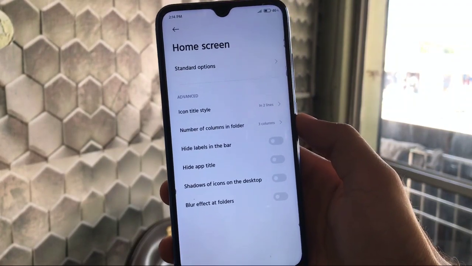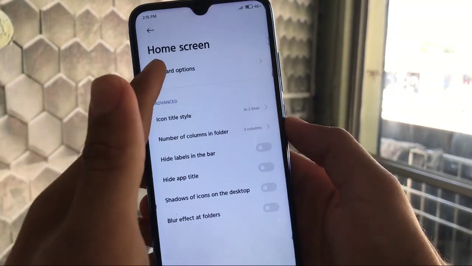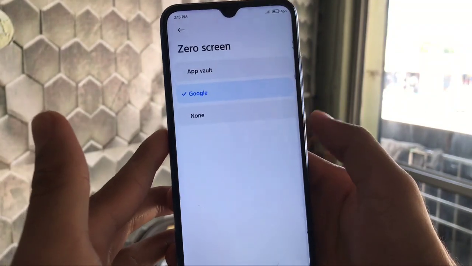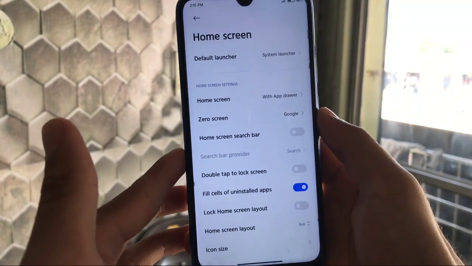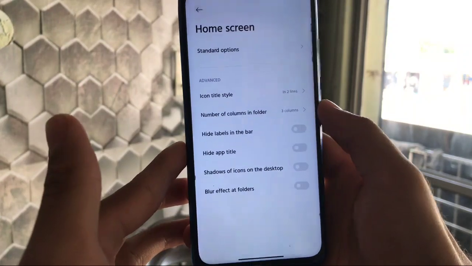Some advanced options include the icon, title, style, number of columns in a folder, and some things. In home screen we have zero screen which you can customize to Google or app vault, and I personally choose Google for Google feeds, home screen search bar, and some little bit of things available here.